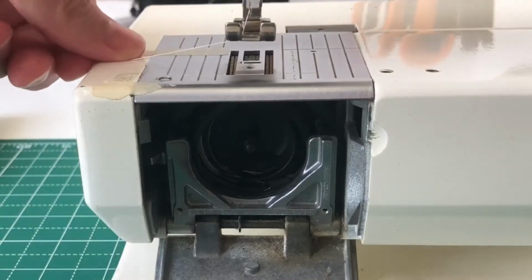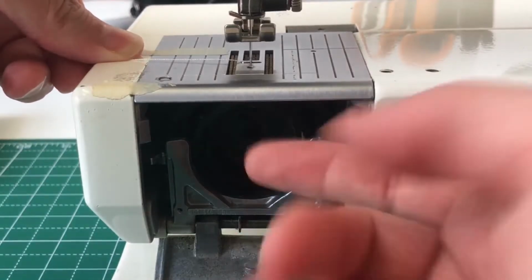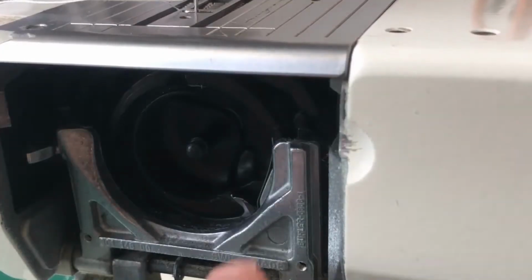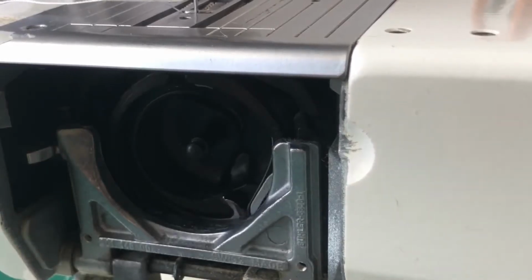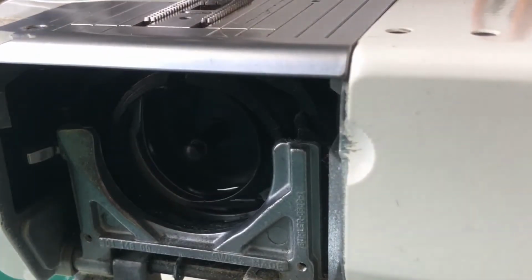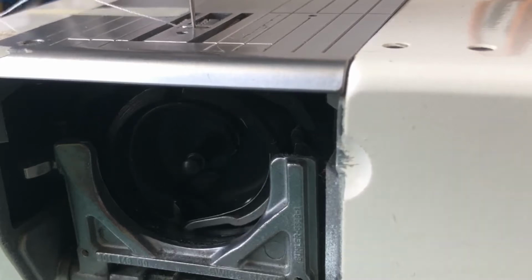So when I go down with my needle, you can't see in there, can you? But my needle is attempting to come down, and this is the bobbin house. You can see there's a hook system. Can you see it moving? Let me grab that thread back up. There we go. And what that does is when the needle on the upper goes down with the thread, you